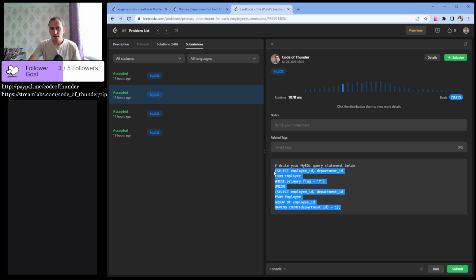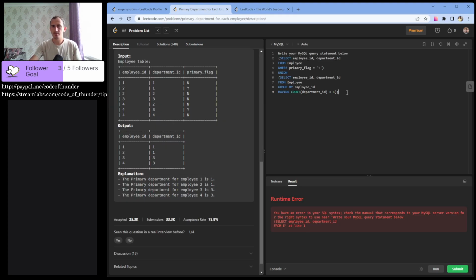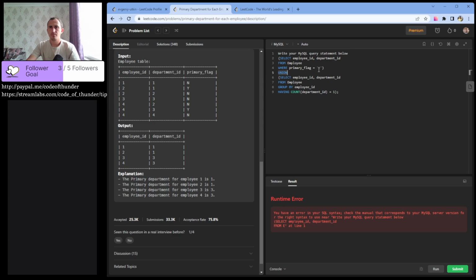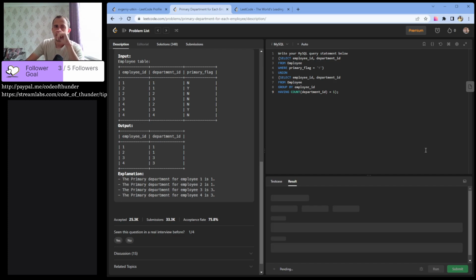I can't see any differences. Union, select, employee ID. But it's exactly the same. Come on.